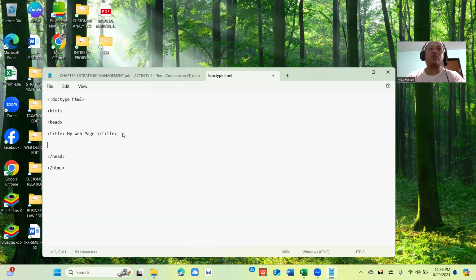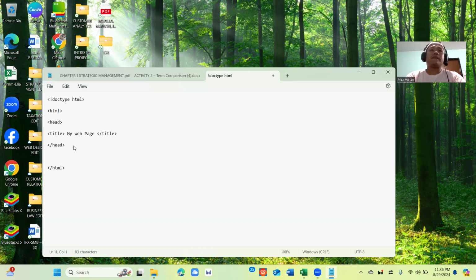My web page is going to be the title of the heading or the web page. Now, if you notice, the opening and the closing tag has the name of the web page, so that's why it's placed in between the opening and the closing head tagging.